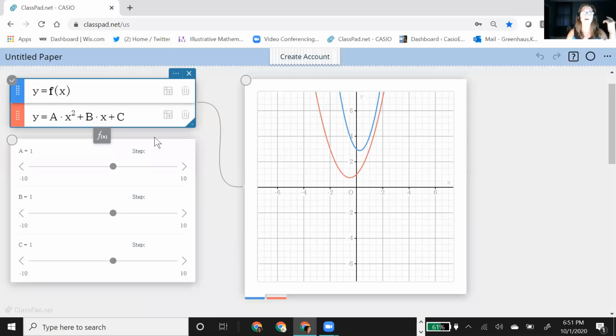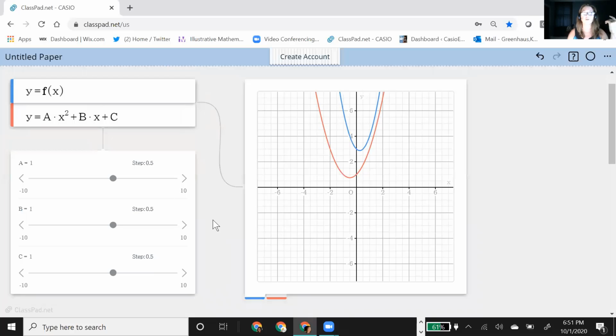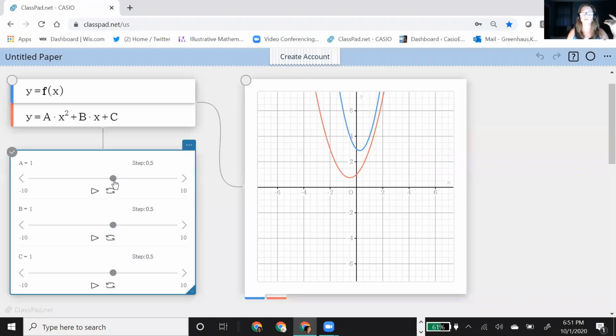But now I have sliders that represent this, and maybe we'll just do 0.5. 0.1 is, again, the default, and I find it's just really slow. So 1 or 0.5 or something bigger. So you could start off right here. Okay, so this is the standard form. Can you move these sliders to match the blue graph, and then what happens? They can play around and say, okay, what does A seem to do? Well, A flips it, so we know it has to be open. So I'm going to leave it open. So they're exploring with that. What have they just learned? They learned that this coefficient changes the opening: up, down, positive, negative, that type of thing.